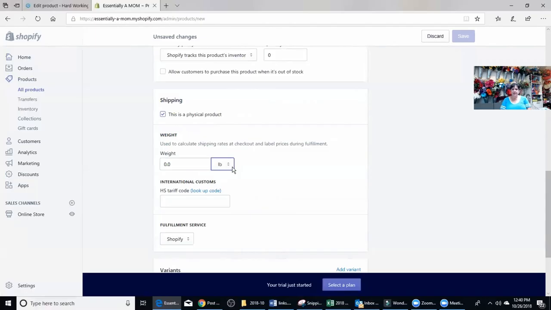With Shopify, they're really only going to give you a weight. Well, there are a lot of factors that determine your shipping more than just weight. So you want to compensate for what you are going to be shipping out in this weight. One thing you can do is just add the shipping to the cost of your products, and then you don't really have to worry about this